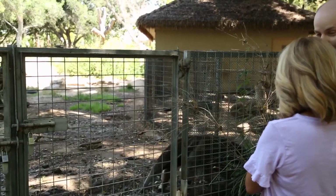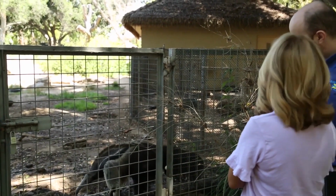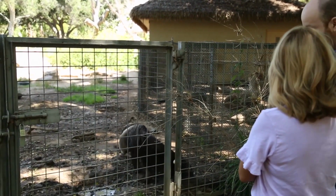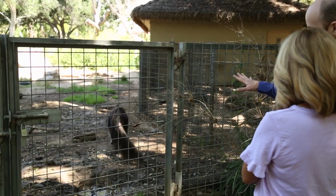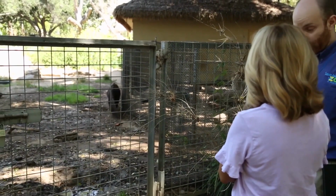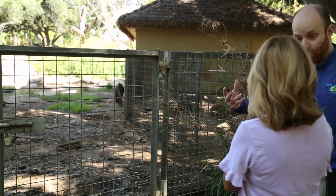Where did they go? So the babies, all the anteaters, are part of a conservation program, and the babies have gone off to other zoos to start their own families. And right now we have an anteater that went to the Dallas Zoo, the San Antonio Zoo, and also the Fresno Zoo. And one of them has actually had its own baby at this point. So they are a vulnerable species in the wild. They're part of a conservation program in North America, and we work to learn more about the animals and conserve